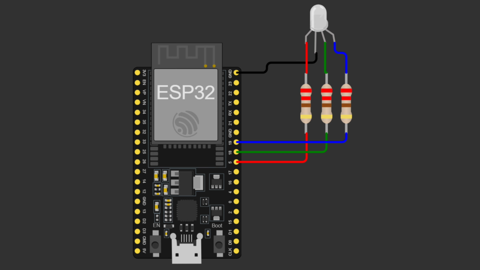Since this is a common cathode RGB LED, the ESP32 controls the color by applying a high 3.3 volt signal to turn on each color and a low 0 volt signal to turn it off. By using PWM, pulse width modulation, on these GPIO pins, the ESP32 can adjust the brightness of each LED color channel, allowing it to mix different colors and produce various shades. This setup enables applications such as smartphone controlled RGB lighting, smart home projects, or mood lighting systems.